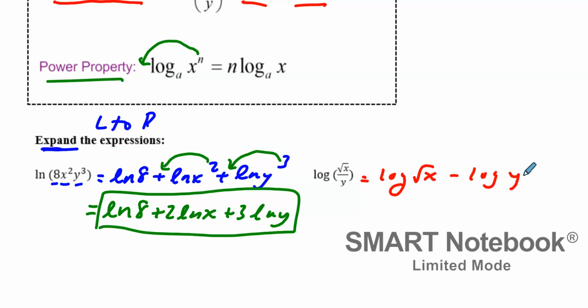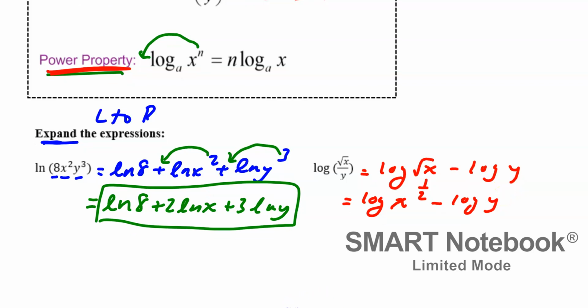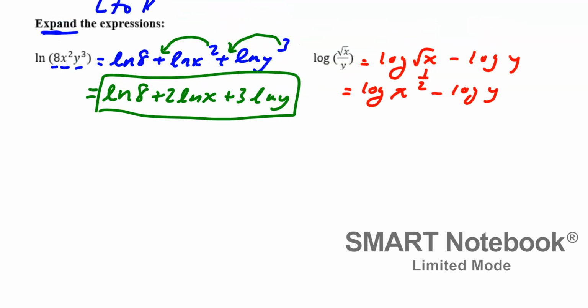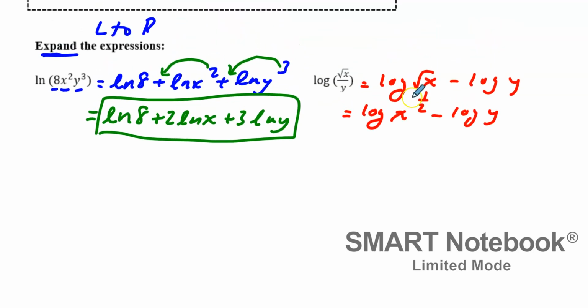Now, the second thing to always think about when you're expanding, again, is this power property. It doesn't look like I have any exponents, but I want to remind you that when you're taking the square root of something, that really means you're raising it to the 1/2 power. So you actually do have an exponent in this problem, which means, if I make this page go down just a little bit, my final answer would be this. Bring the exponent down. If I expand it, it would be 1/2 log of x